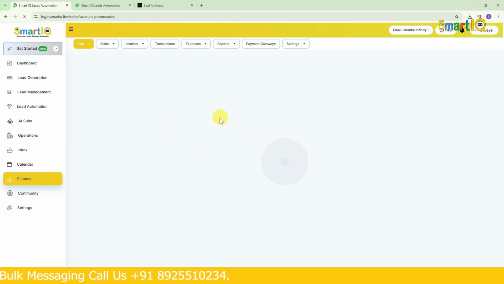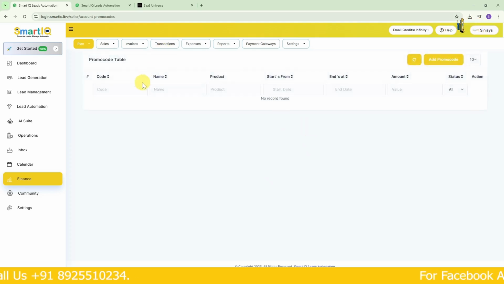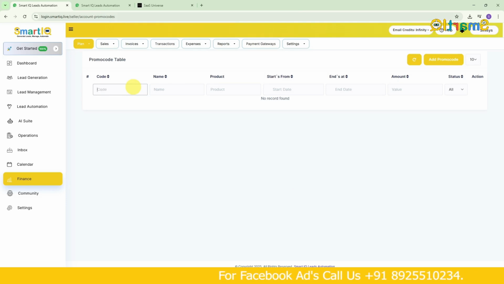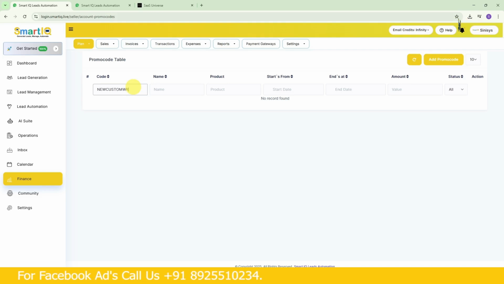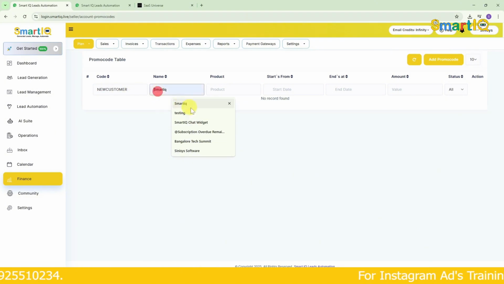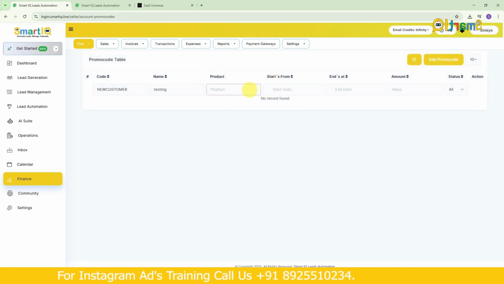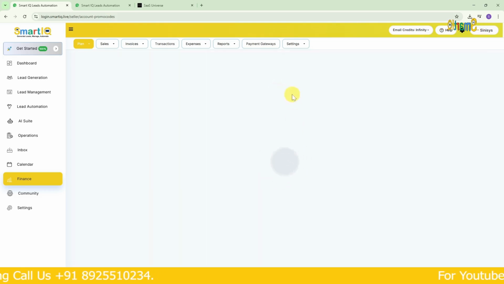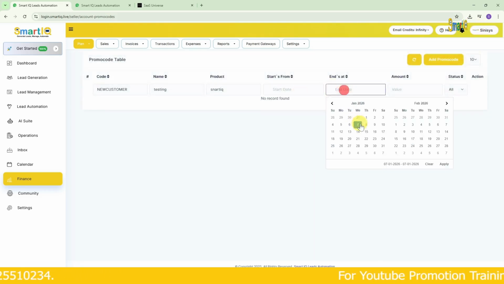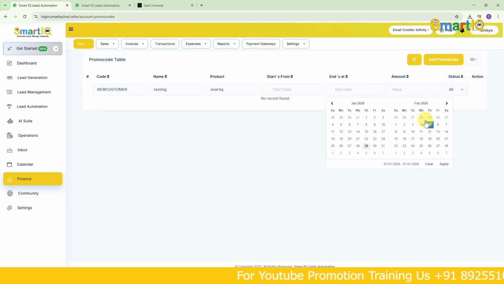Next, coupons. Now, we can create a coupon for our product here. If there's any coupon code, maybe it will be here. First, new customer. I'm giving a coupon. Given name. In the name, you have to give what listing you're providing and then you have to choose the product setup. The product I came for is called Smart. That's the product. Enter it. And from when does it start for us? It ends from the sent. That's what I'm making.